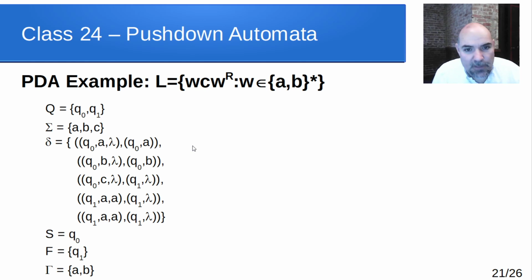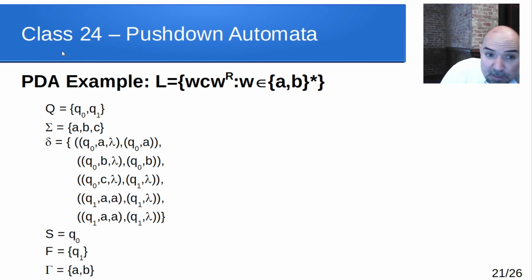Okay, let's look at one more example here. This is like the W W^R, or a string in reverse, but I've stuck this letter C in between. In other words, we have a string of 0 or more A's and B's, and then we have a C, and then afterwards, these have to match the reverse of those. In other words, if we had A, B, B, C, we have to have B, B, A. This W here has to match that one, but be the mirror image of it. In other words, we flip it around in reverse. Those two ends have to match each other with a C in between them.